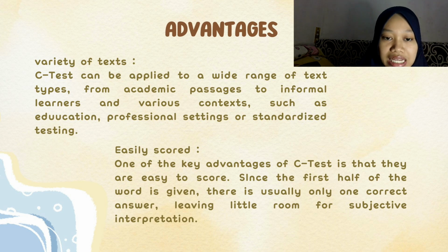Variety of text. C-test can be applied to a wide range of text types, from academic passages to informal ones, and various contexts, such as education, professional settings, or standardized testing. Easily scored. One of the key advantages of C-tests is that they are easy to score. Since the first half of the word is given, there is usually only one correct answer, leaving little room for subjective